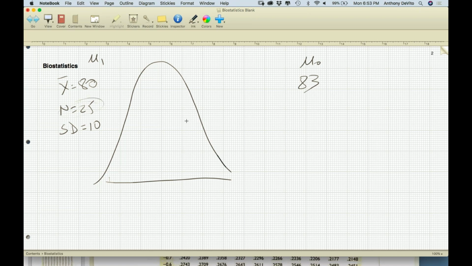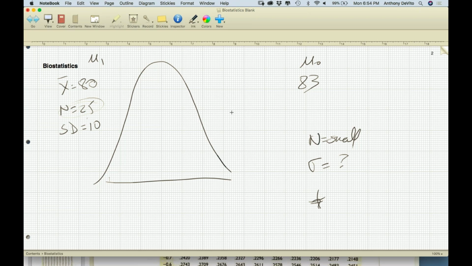Well, now, I can't use that Z distribution anymore, can I? Because the sample size is small and we don't know what sigma is. So I really can't use that Z table anymore, right? So instead, I have to use the T distribution. Problem with that is that with the Z table, we have a single table. It's really two tables, but it's really a single table, right? Represents all the values. The T distribution changes for every sample size.